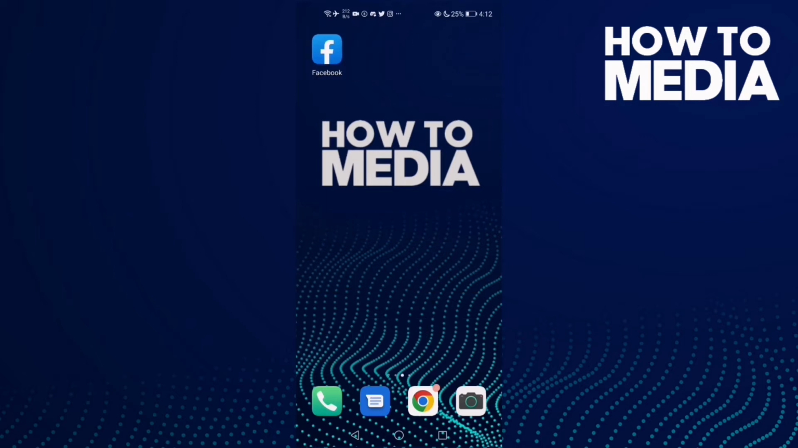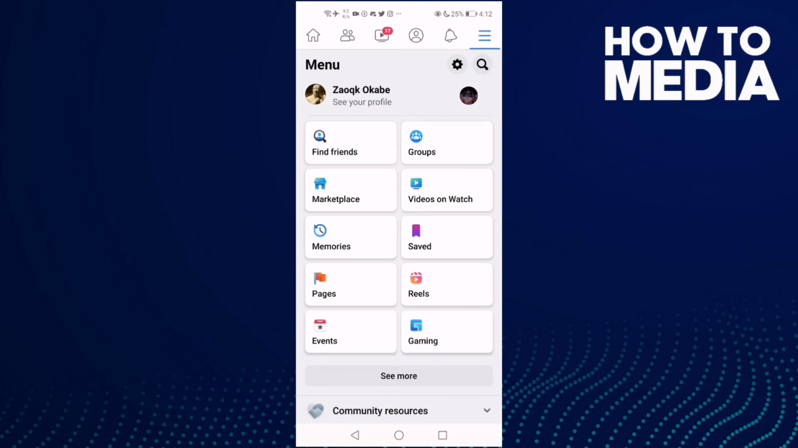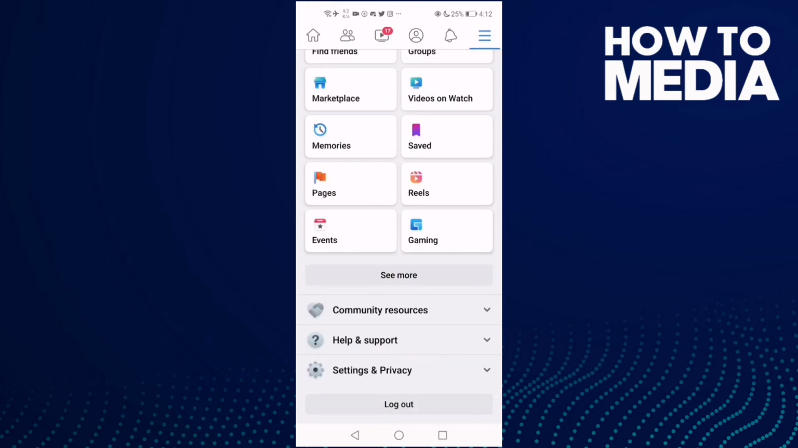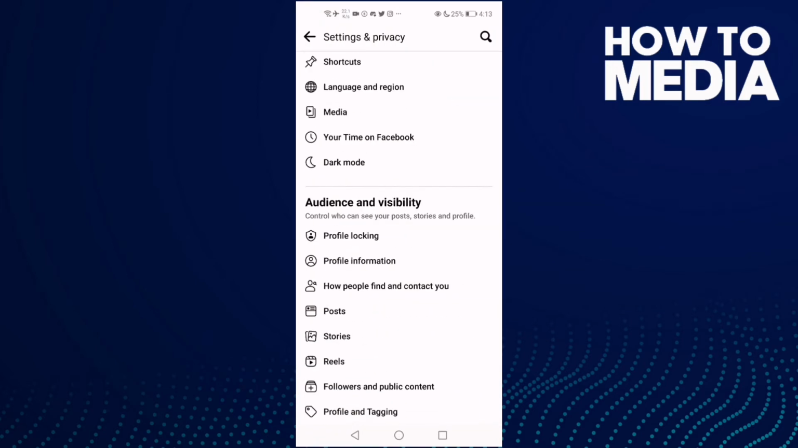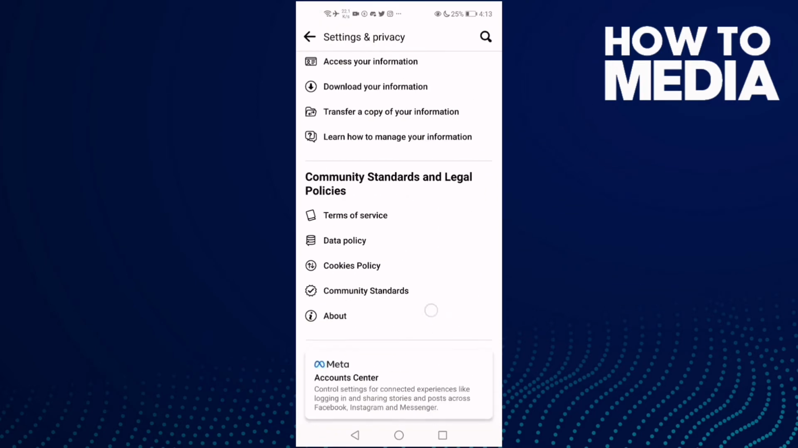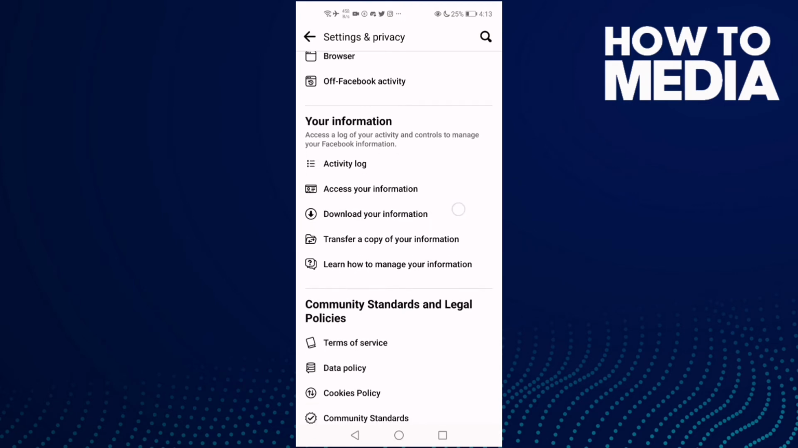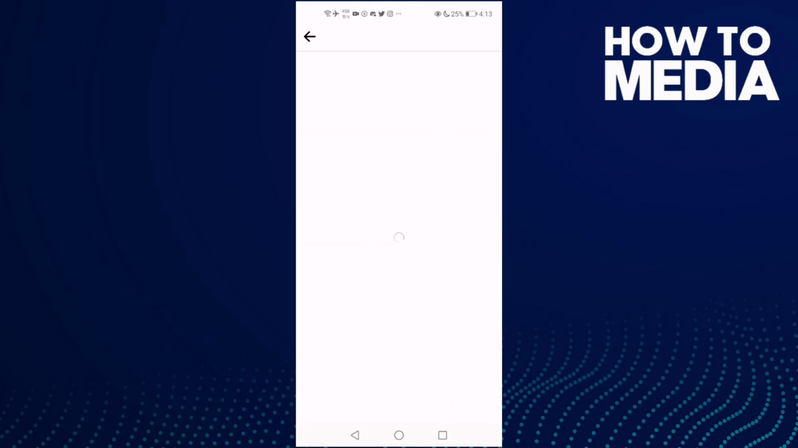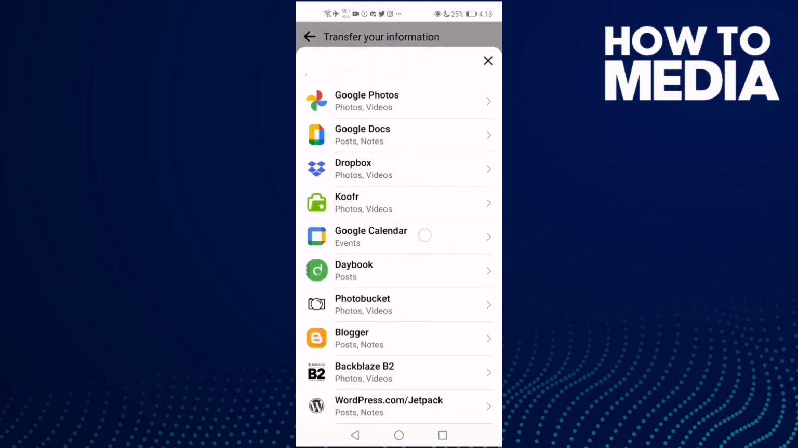First thing we're gonna do is go to Facebook and then click these three lines in the top corner and go down, click settings and privacy and then settings, and here just go down and click this one, transfer a copy of your information, and then click next, and